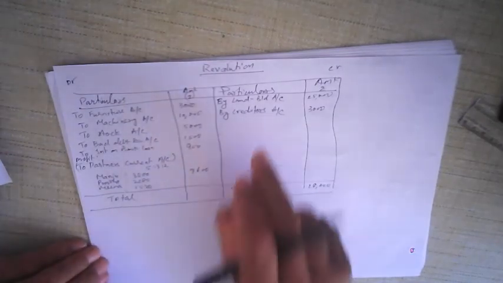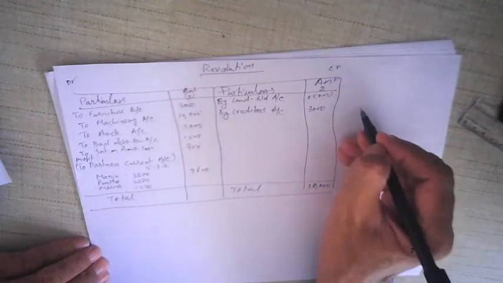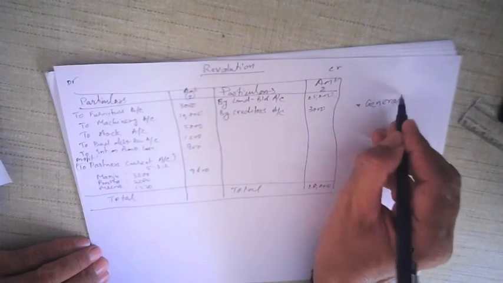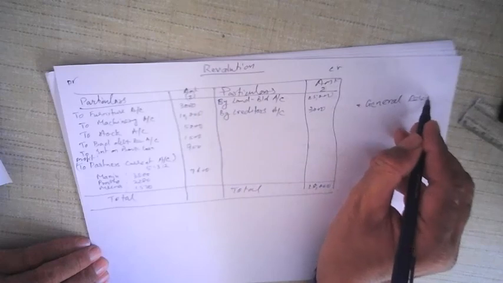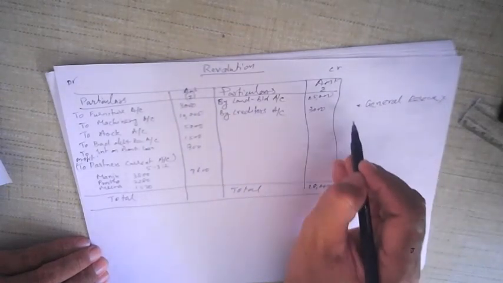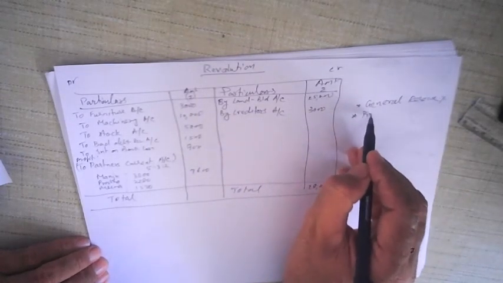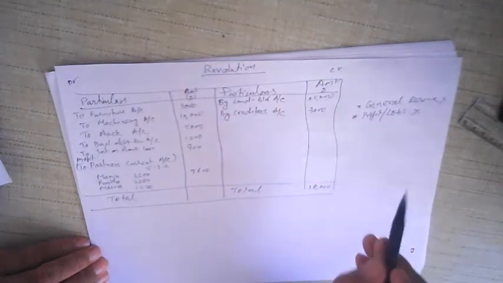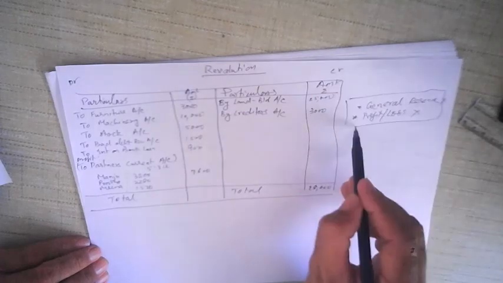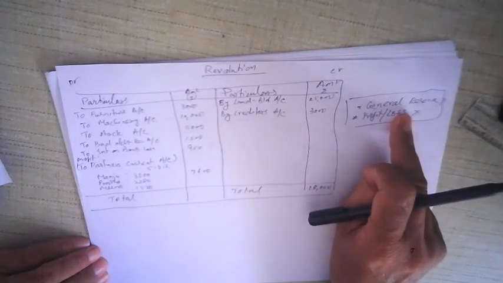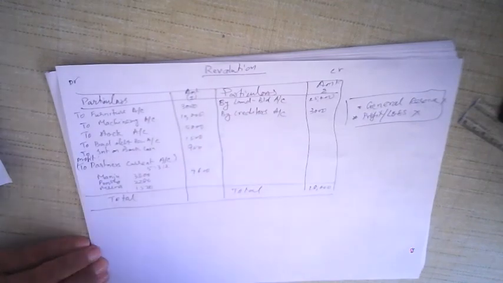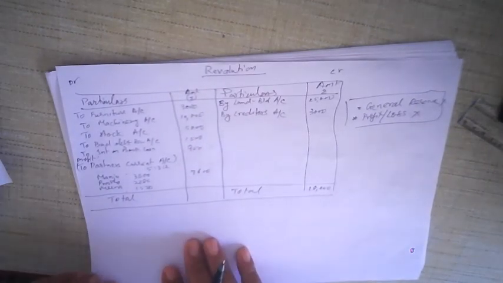Okay. Remember, revaluation account in this case, the general reserve is not to be included. This is most important. General reserve not to be included. Profit and loss in the balance sheet not to be included. Profit and loss, if it is given in the balance sheet, it is not to be included. You must be very careful here. Journal entries are to be written for both of these, but not in the revaluation account.